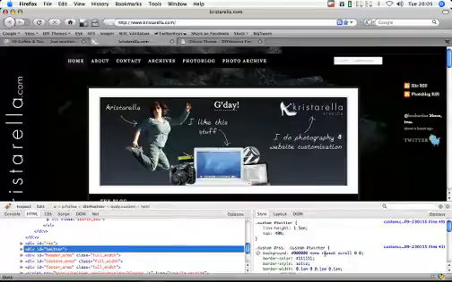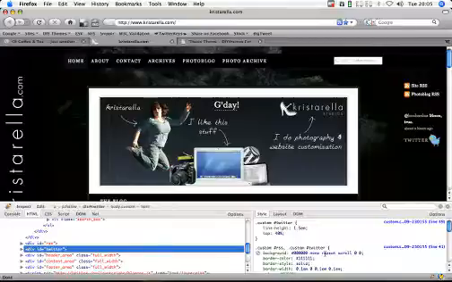So next time you have a CSS question, try Firebug, and I really hope that you get to know it